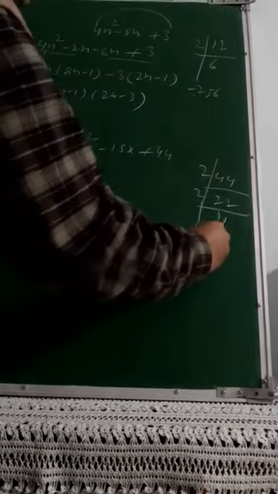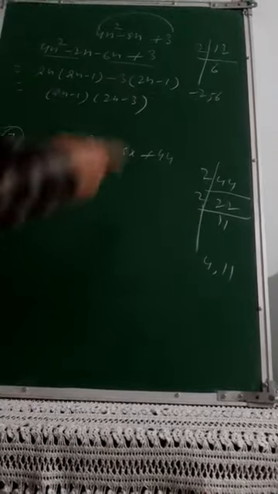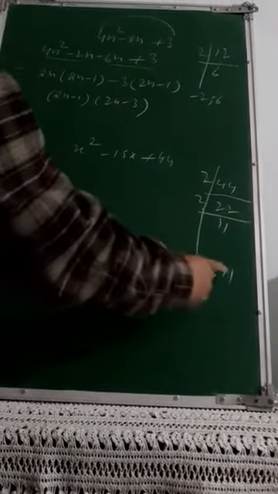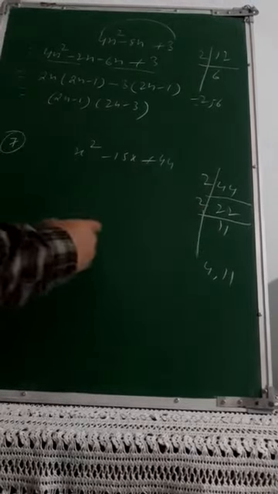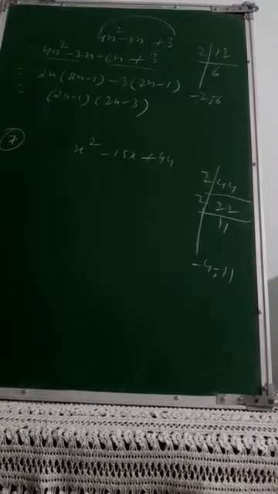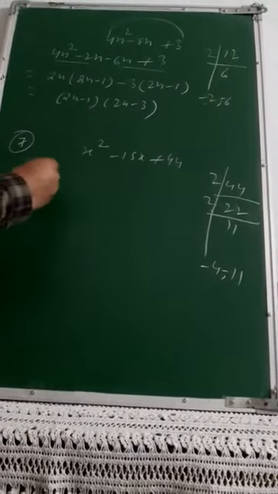Then next again it is 2, so 2 2s are 4. 4 and 11 will be the next pair. So simultaneously you can keep a watch upon forming this pair of numbers. 4 and 11 is going to solve my purpose. 4 into 11 will make it 44, and the sum of 4 and 11 with negative signs definitely will be equal to minus 15. So in that way, you can plan well in advance.